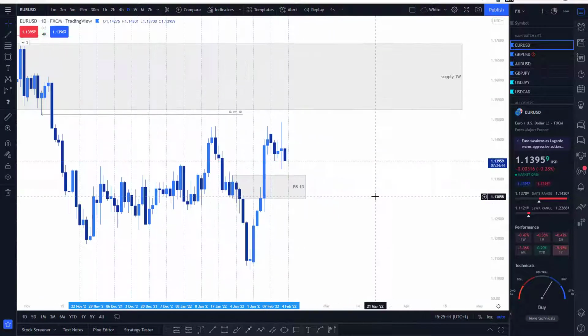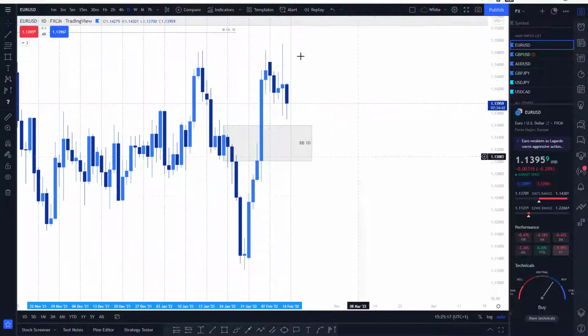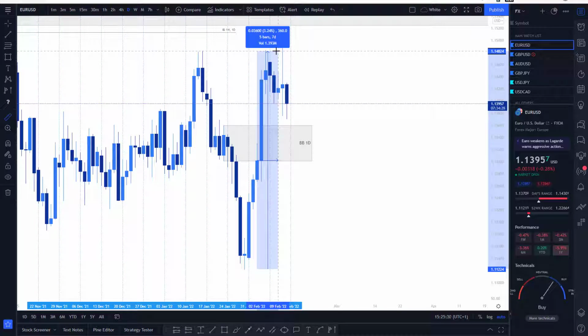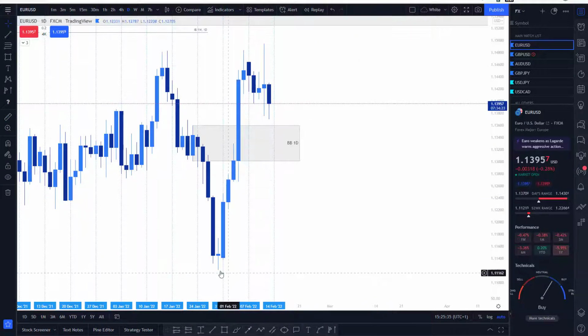Actually, I will start from the daily. So last week we made a slightly higher high than this one here, and we had a 360 pips rally. So it was quite a bullish week, all up. So for this week, I was expecting a pullback at least to this daily